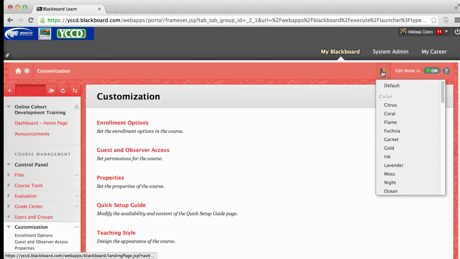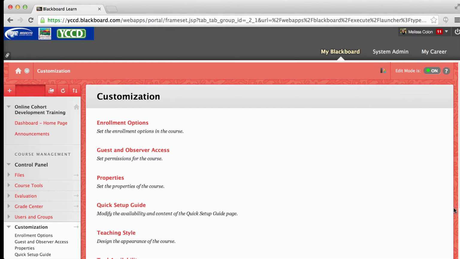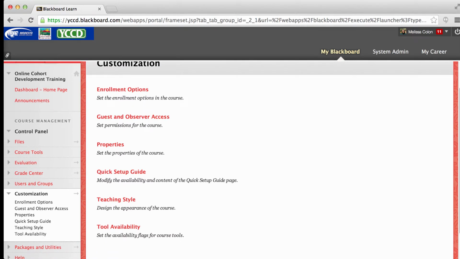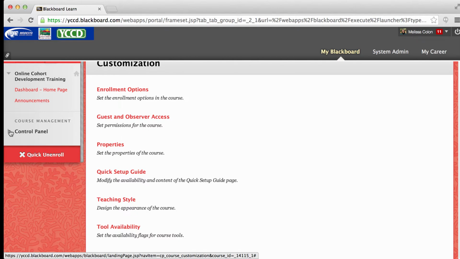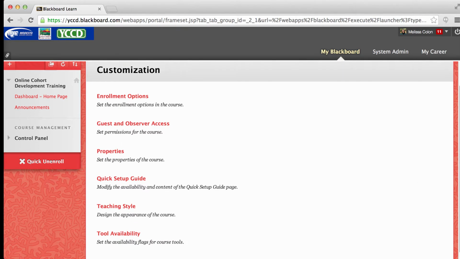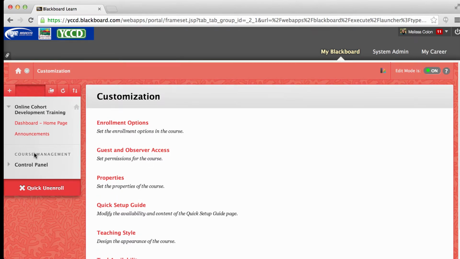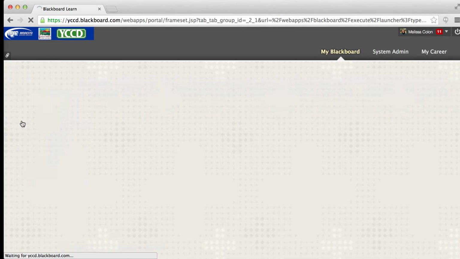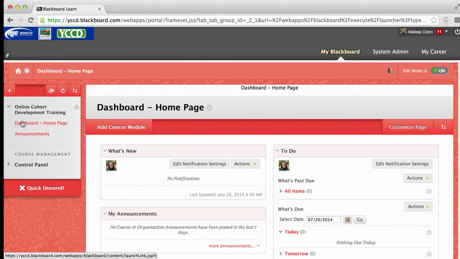And here's just a very quick little way to change your course theme. It's the same idea that you saw under the customization right here in the control panel under teaching style. Okay, so I'm just going to collapse that for right now, and I'm going to scroll up to the top,